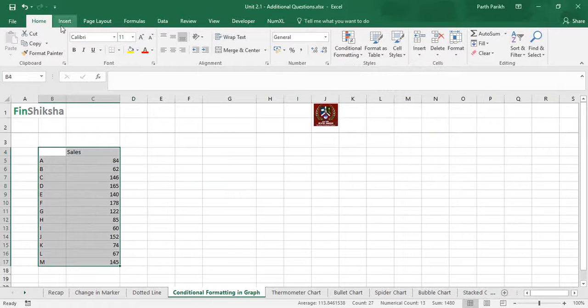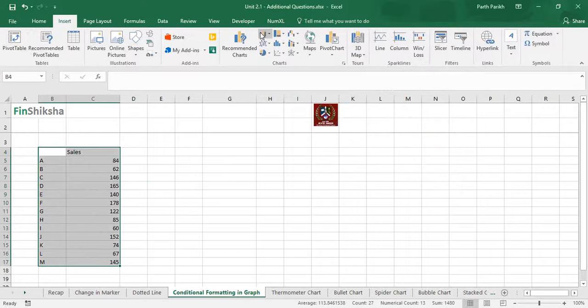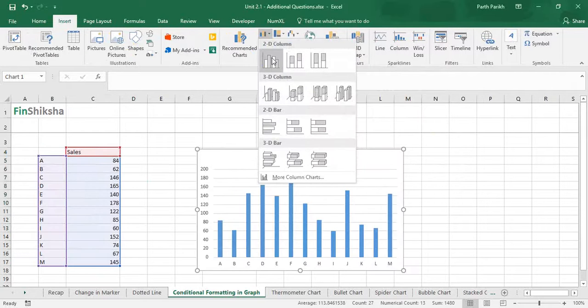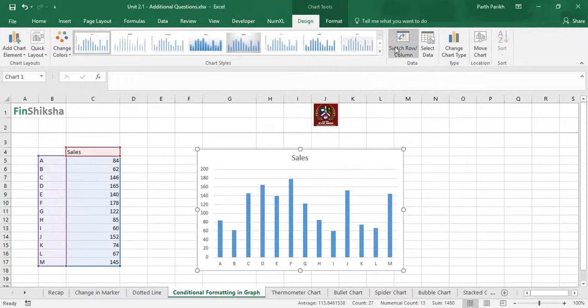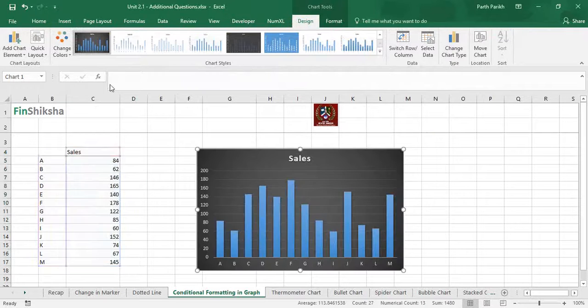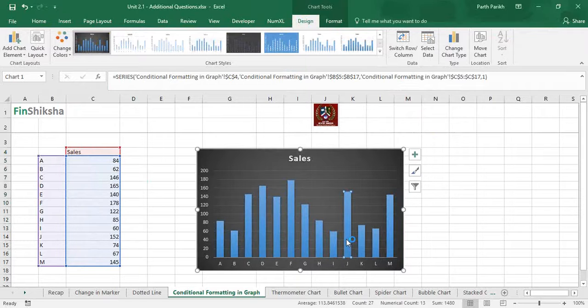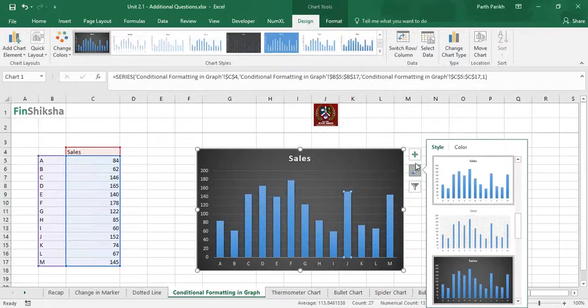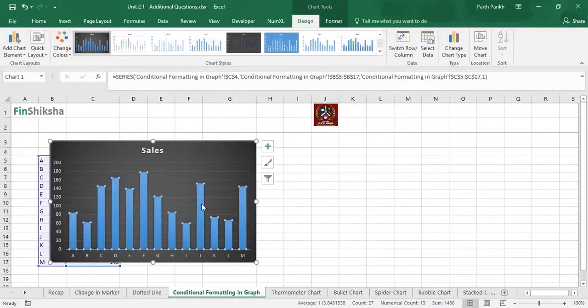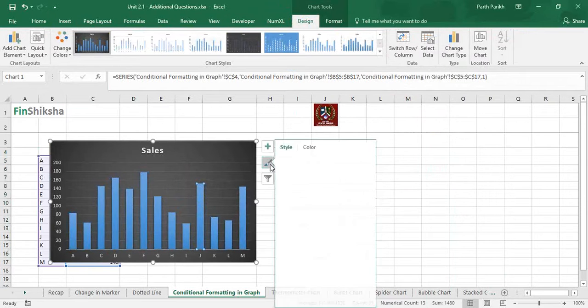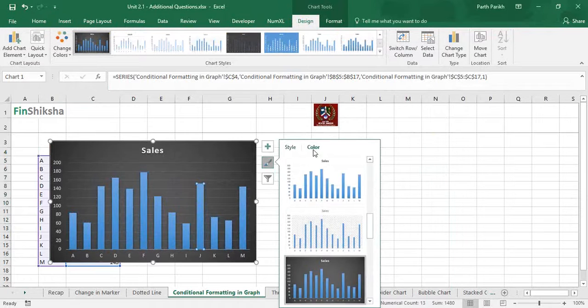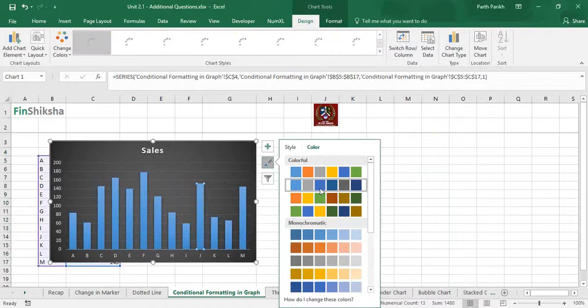First of all, select the data, click on insert, click on the chart. If you see, it says that all the companies have some sales and it has been depicted over here. Now if I want to change the color of the graph, I have to select each one individually and paint it in a different color altogether. Something like this. I can change the color.